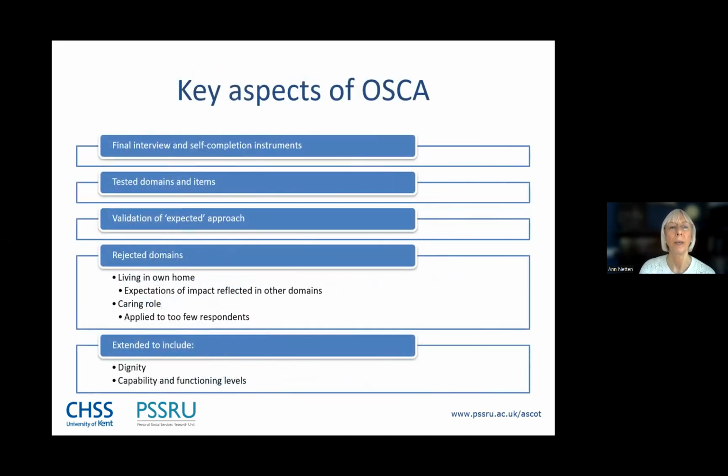So the key aspects are that we ended up with our final interview and self-completion instruments. We tested all the domains and items. We validated the expected approach. And in the process of all this work, rejected some of the domains that had crept in, doesn't feel like the right word, that we've been using. Living in your own home, we identified as actually all the impact was reflected in the other domains. There is that residual thing, but I don't think it's worth a separate domain. And the caring role really didn't apply to enough respondents for it to be included as a part of the main scale. But we did include a new domain, which was dignity, which was very much about the process of